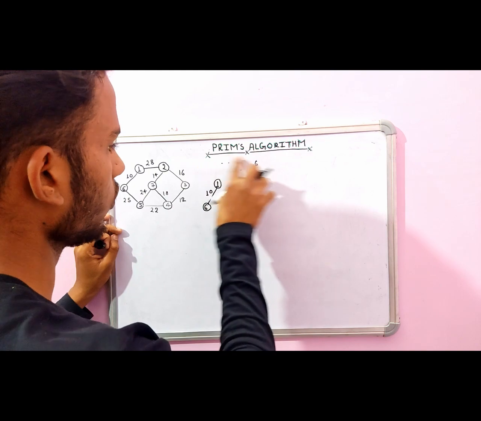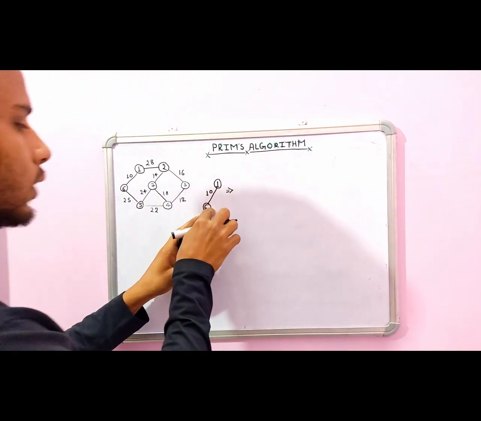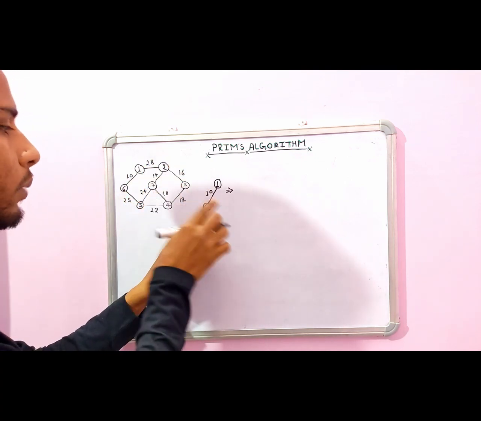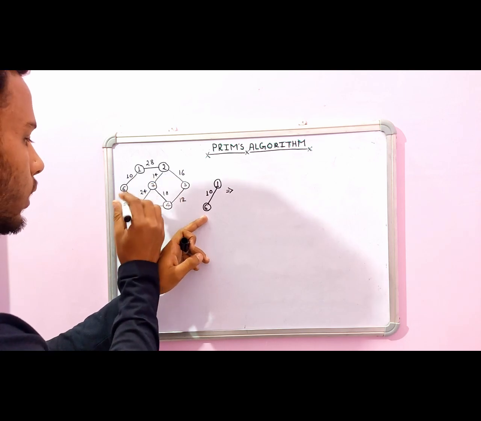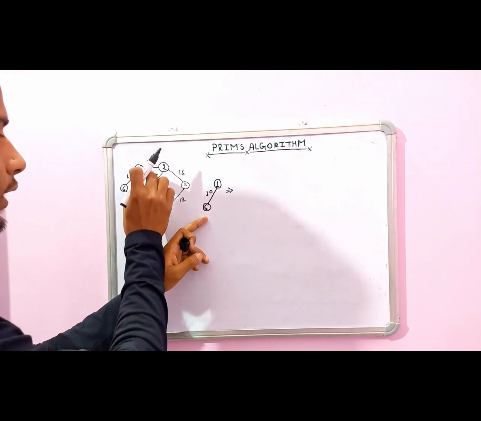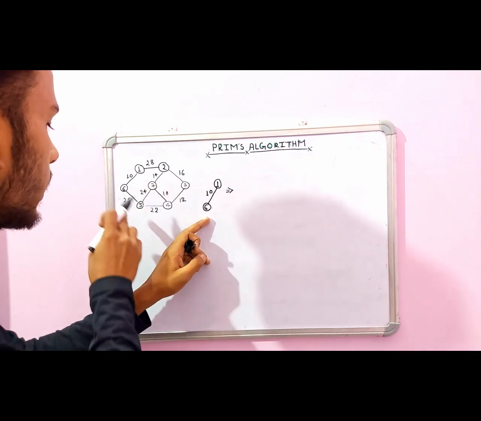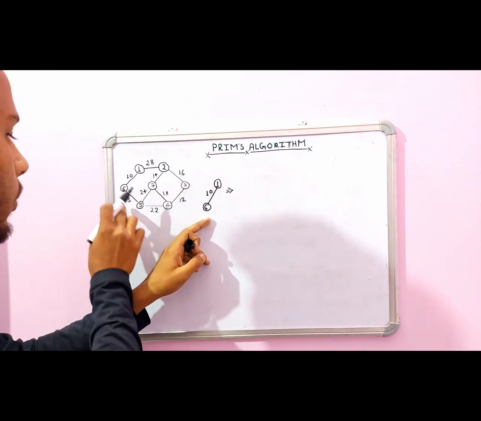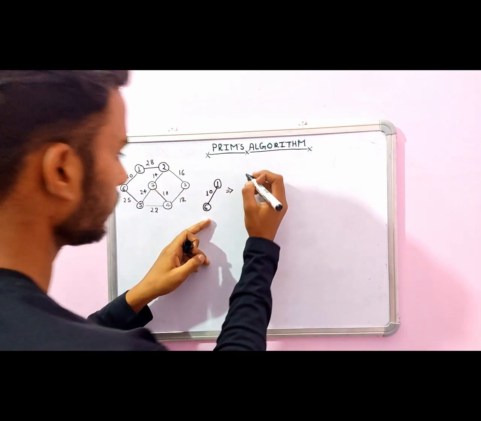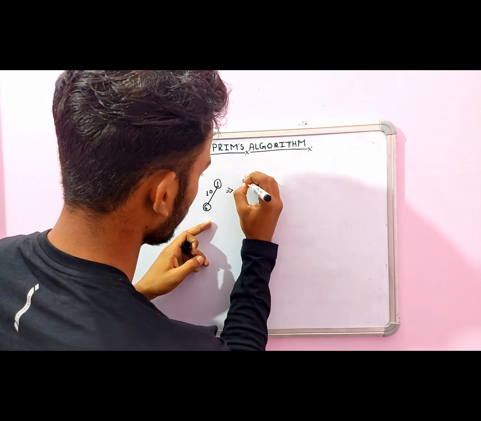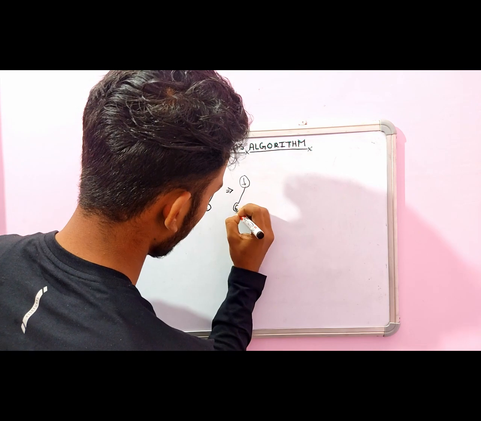Okay. So now in step number 2, what do you have to do? From this edge 1 to 6, you have to select an adjacent edge which has the minimum weight. So what are the adjacent edges on this edge 1 to 6? Those are 1 to 2 and 6 to 5. There are only two adjacent edges, 6 to 5 and 1 to 2. So which edge has the minimum weight? Edge 6 to 5, or edge 5 to 6, has the minimum weight, that is 25. So we select the edge 6 to 5. So your graph will be like this.